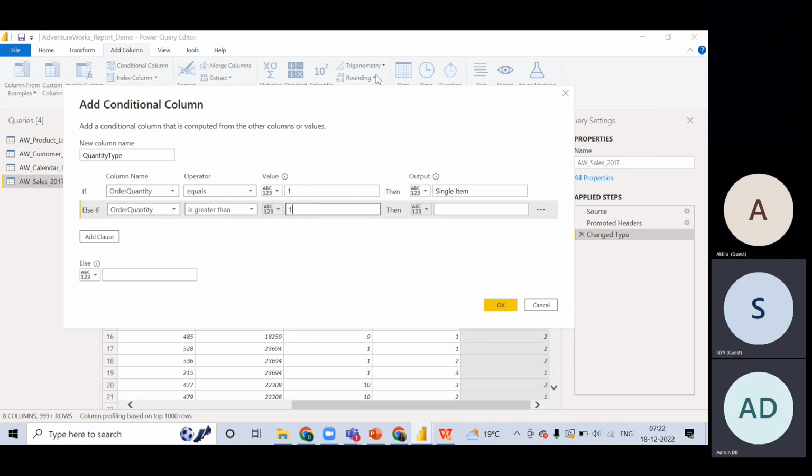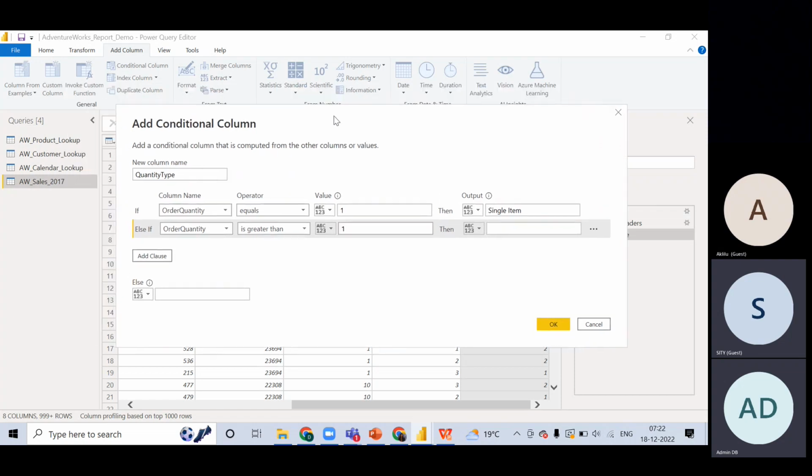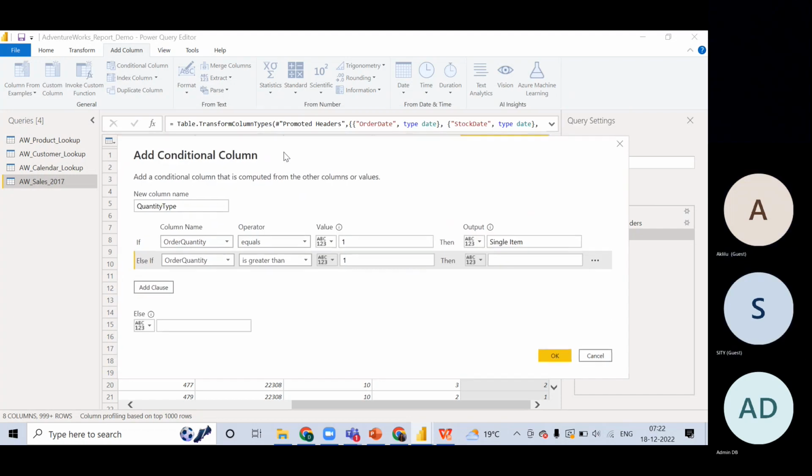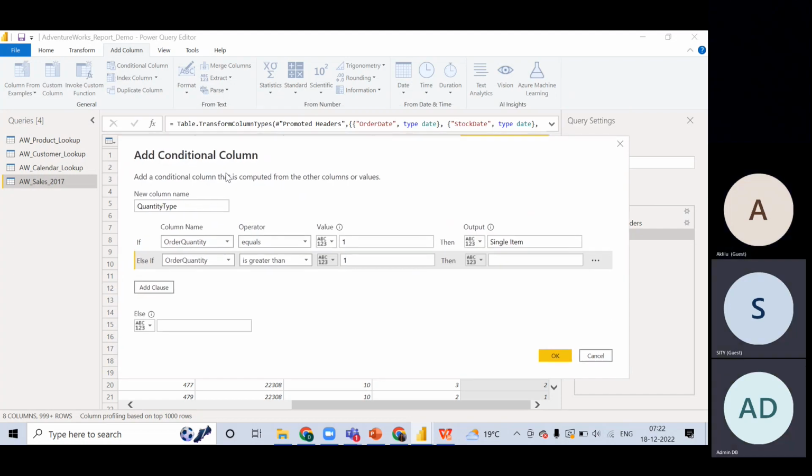Okay, fine. So did you guys see how I started with the conditional column? I just missed the middle. Okay, you just missed it. You can go through the recording again, but I will talk about